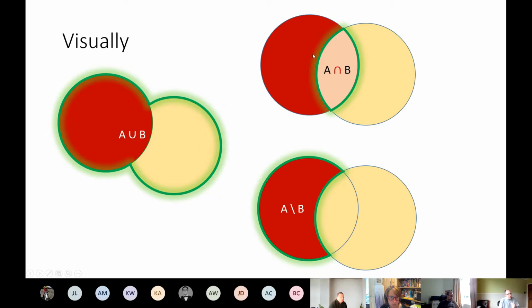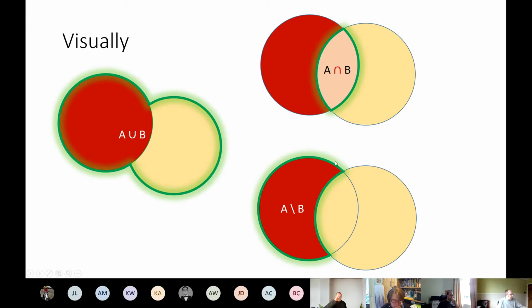You can see the top right, we've got the intersection. So that's everyone that appears in both circles. This is the crossover of the two circles. And at the bottom right, we've got the exception. So it's from set 1, but not from set 2. So we've got this kind of crescent moon shaped component, excluding everyone in the cream section.